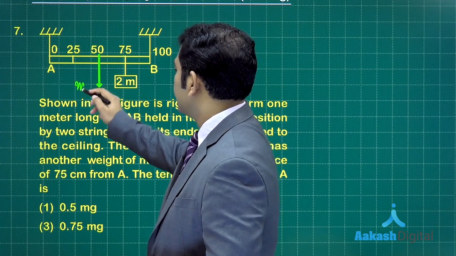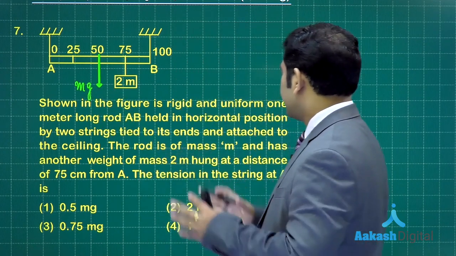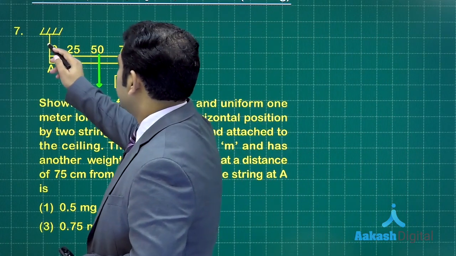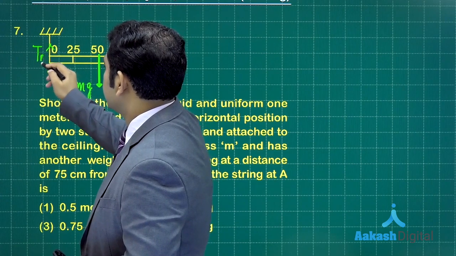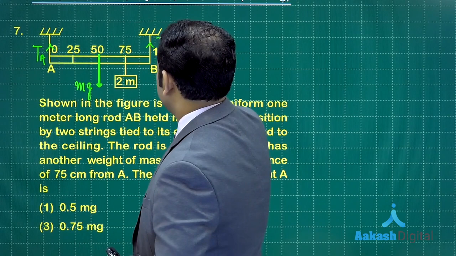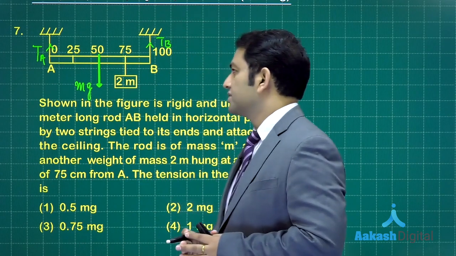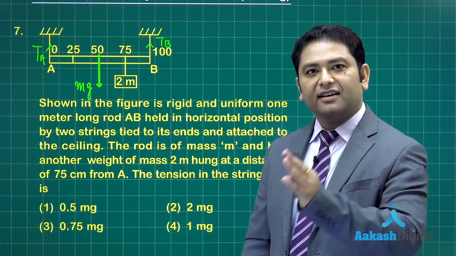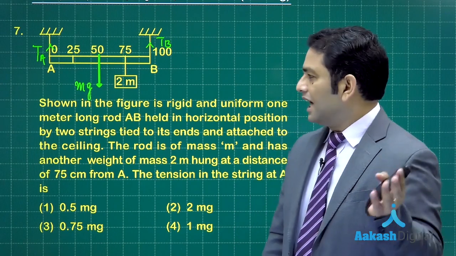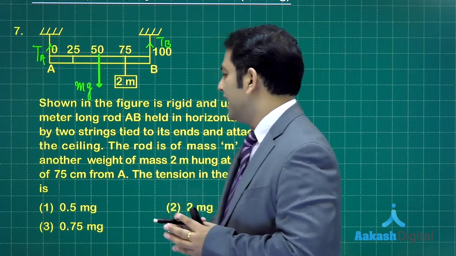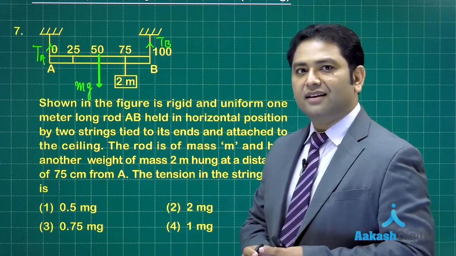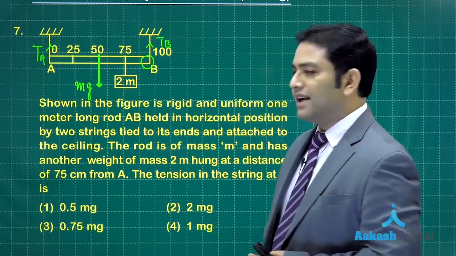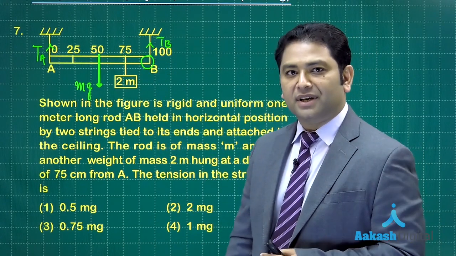And this being equals to mg. Now it is at equilibrium and we need to calculate tension in the string A. So let's name it. This would be tension in string A and likewise this will be tension in string B. That's how it goes. So what do we do? We use the translatory equilibrium and rotational equilibrium. However, because only tension A has been asked, what I can do is directly write the torque about B. So in that, the variable TB would be eliminated.